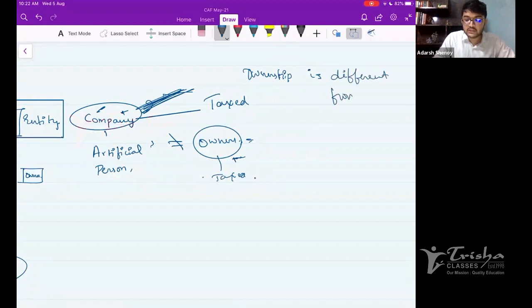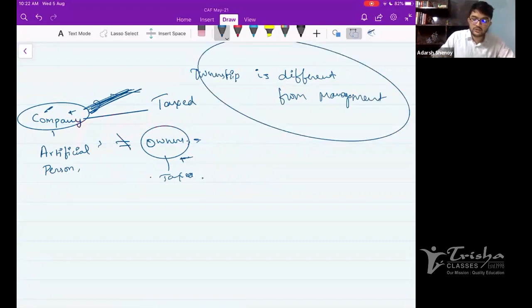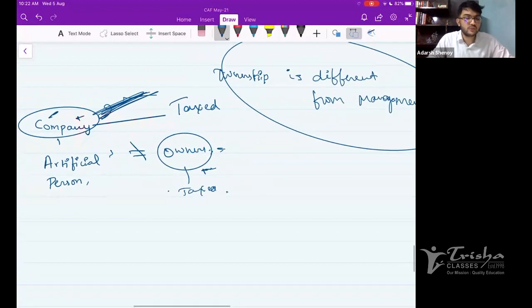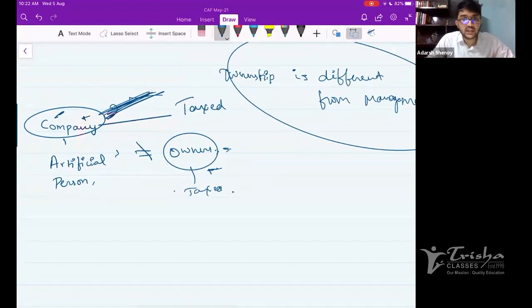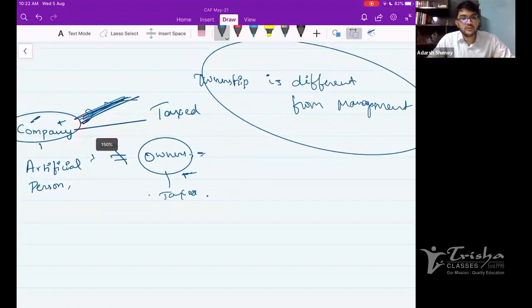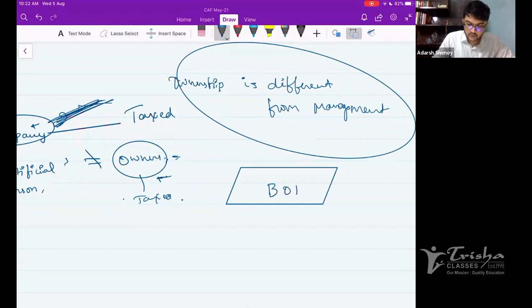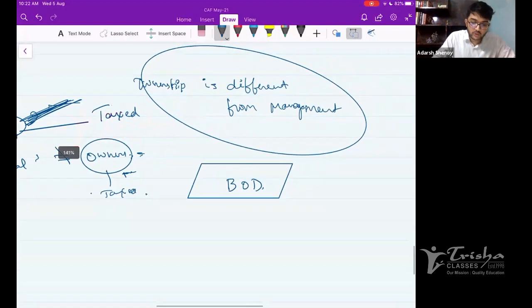But that is not the case in sole proprietorship, or in partnership businesses. But in the case of companies, most often than not, we will see that the ownership is different from the management. So the board of directors, the management, is appointed by the owners. There will be something called the board of directors, right? Owners appoint them. So if something goes wrong with the management of the business, you can't hold the owners liable for it